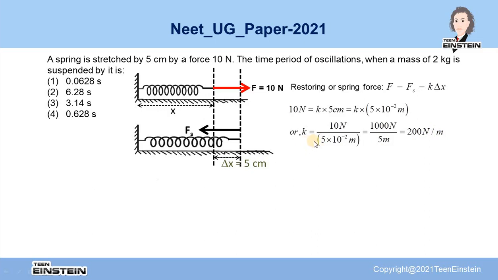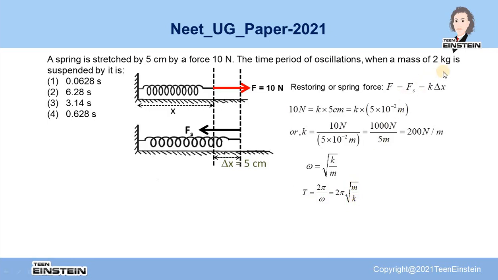Now when a simple harmonic oscillation sets up in the spring, the angular frequency of the oscillation of the spring can be obtained by omega is equal to under root k by m. Once we get angular frequency, we can find out the time period as 2 pi by omega. If we put the value of omega, we get T is equal to 2 pi under root m by k,